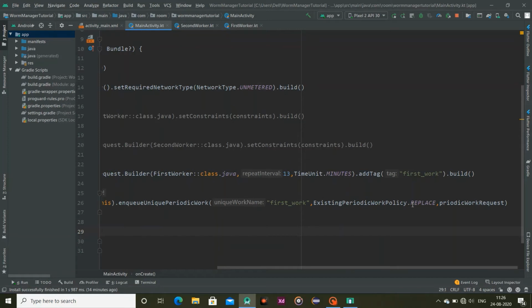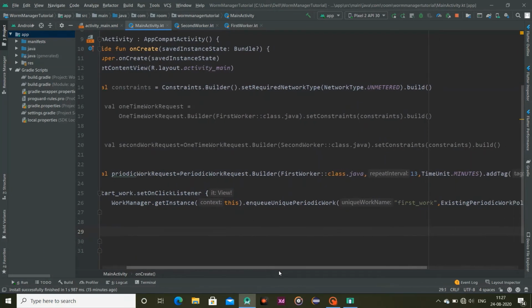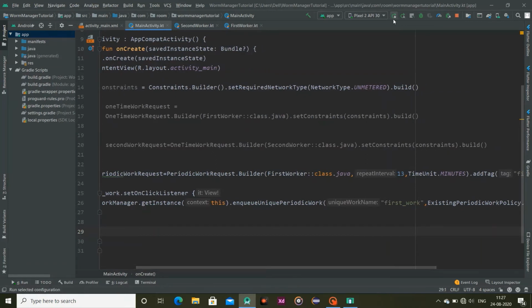With keep, it will perform the previous task which was running at that time when this periodic work request began. It will perform the previous task first, and after that it will perform this task. But in our case, it simply replaces the previous task. Okay, that's all fine, so I'm going to run this application.